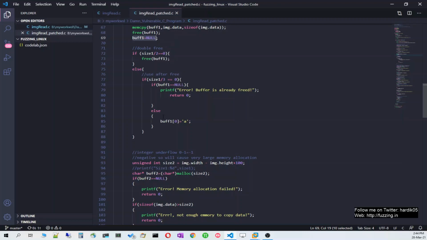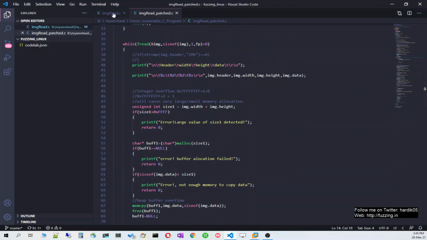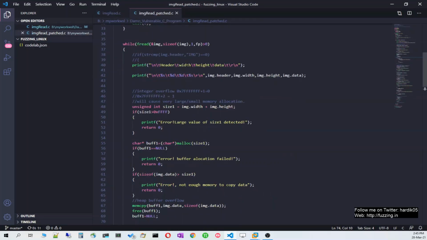You have a lot of Windows DLLs which get patched every Patch Tuesday, and you don't have any source code for them. So we will see how to analyze such a file using BinDiff and IDA Pro. What I have done is converted this program into a DLL, and I have created two DLLs. One I'll call the non-patched, and the second DLL I have called image read, which is a patch file.